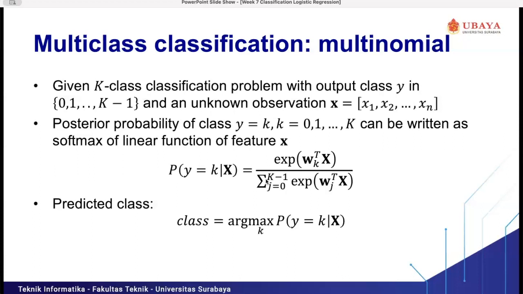If we change the sigmoid function into a softmax function, the output will be similar to OVR.